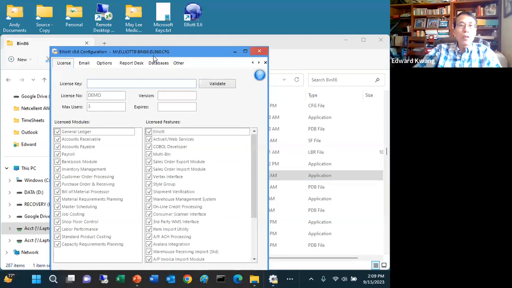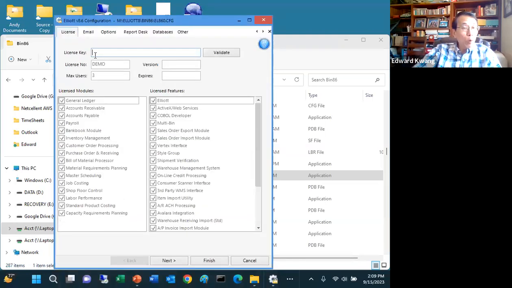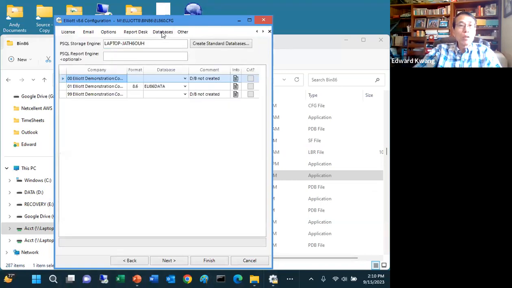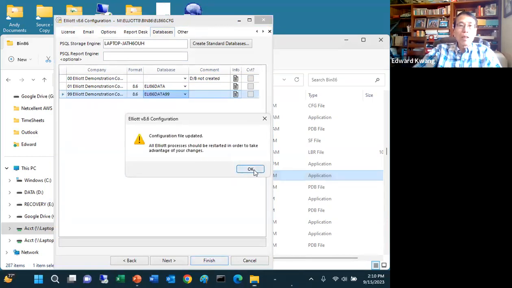So now the configuration is up. If you have the license key right now, you can plug in the license key. But right now, my main focus is the database. I just created the database for company 99, right? Now I need to associate it. So I click this download. I said earlier A6 data 99, which I just created, okay? It's associated with this company. So I finish it. And I'm done.